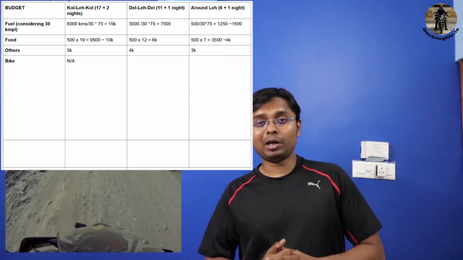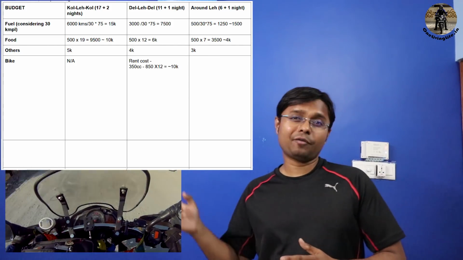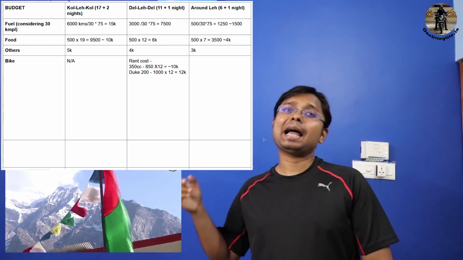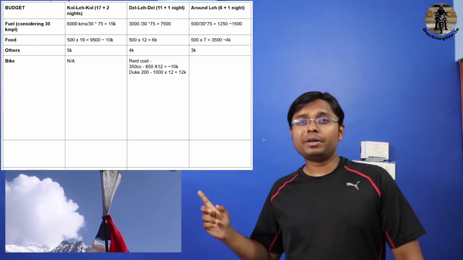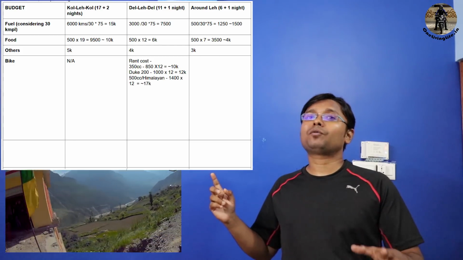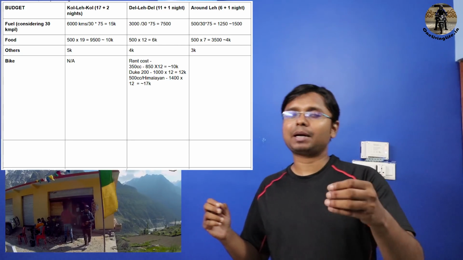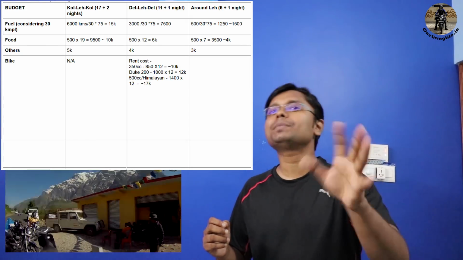A 350cc Royal Enfield in Delhi costs around 850 rupees per day. A Duke 200 costs around 1,000 rupees per day, and a 500cc Royal Enfield costs around 1,400 per day. And a Himalayan as well. Himalayan और 500cc Royal Enfield के प्राइस हमेशा हर जगह पे सेम ही रहता है, approximately more or less सेम